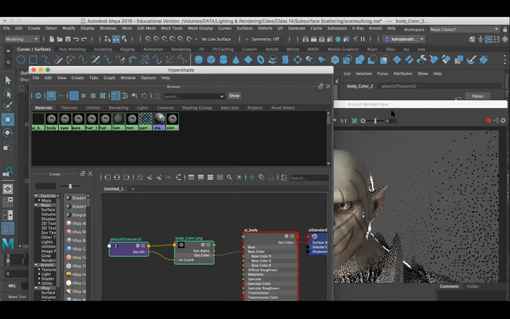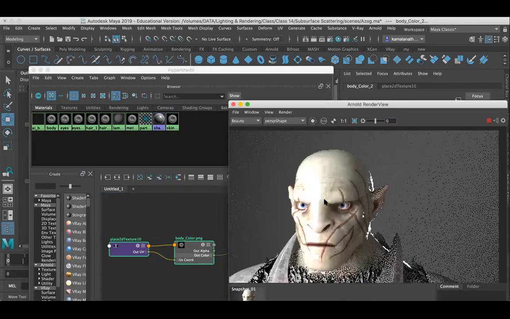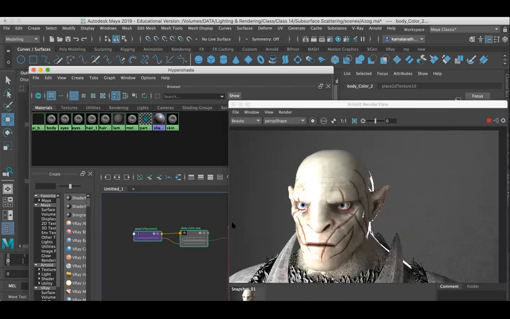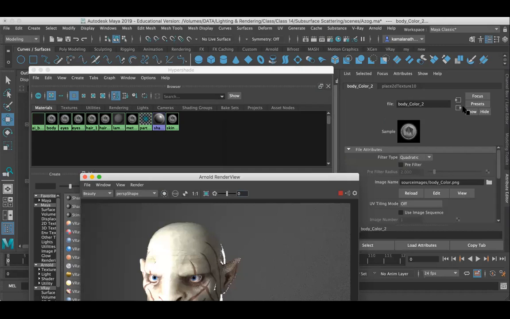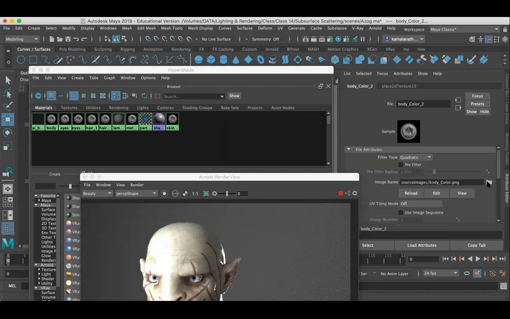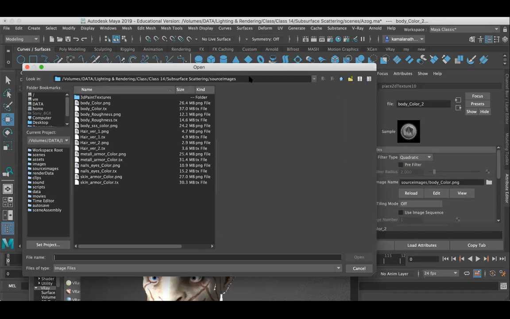Once it is added, you can see the texture is visible right now. I don't want to change any settings. You can also choose this and add body color. It's up to you.